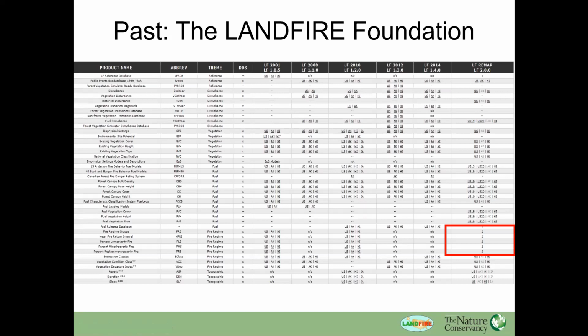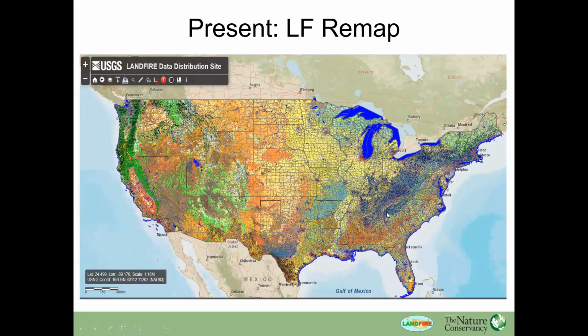And things have changed a bit. I put the red square down here on the right, so you see there's a funky character here. Basically what's happened now is that instead of delivering these as separate spatial layers, because they are derived as an attribute of the biophysical settings, the information is now provided in that particular layer as attributes. But that information is still delivered, it's just in a different place. We are considering whether or not to create those spatial layers again, just for convenience of the user. But this just demonstrates the variety and the depth of the products that LANDFIRE has created in the past.